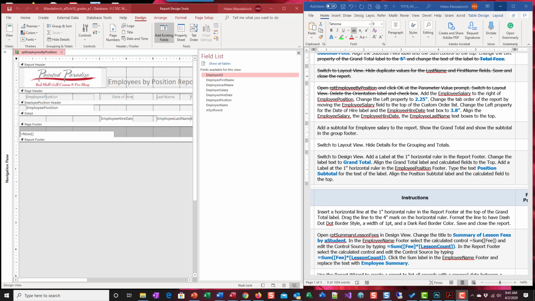One of the things that I wanted to mention here is it has us in layout, but I'm in design, and that's because for me, I just feel it's easier. You can actually see all the elements. So I want to find employee salary, and I'm just going to drag it and drop it down into this detail section